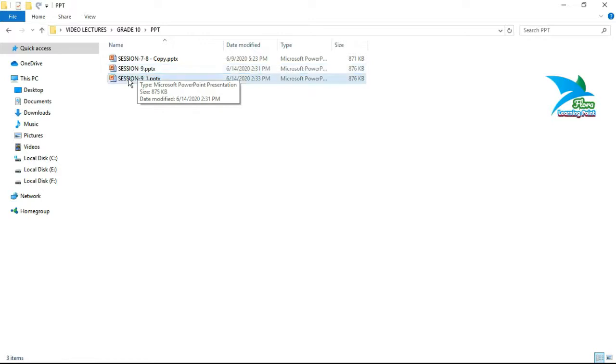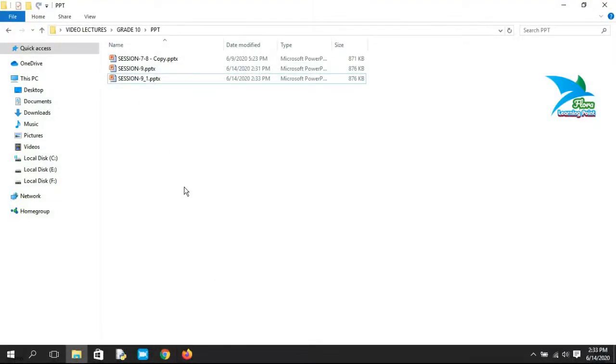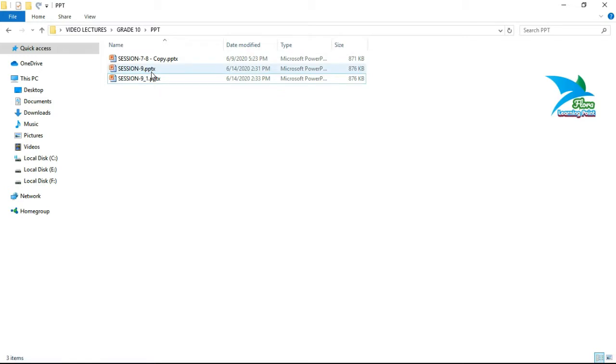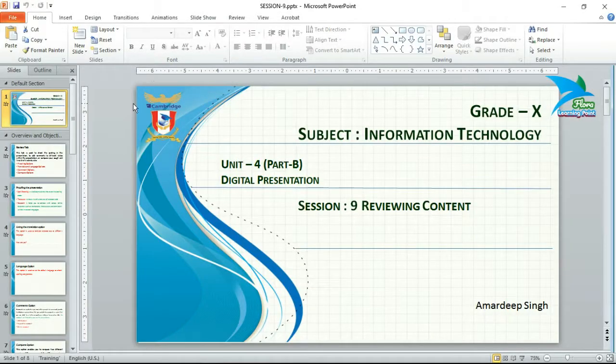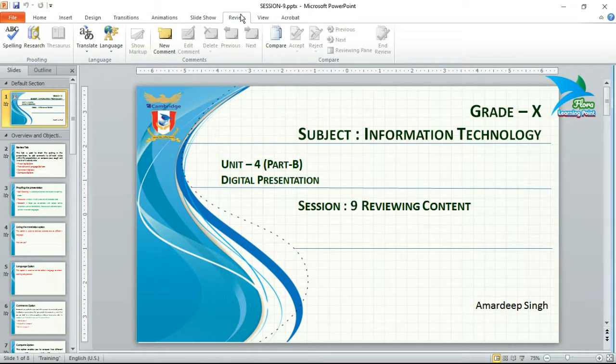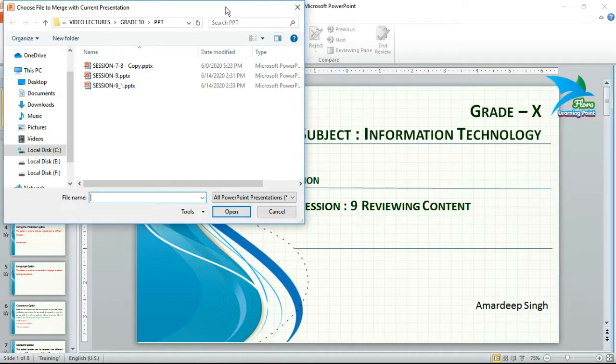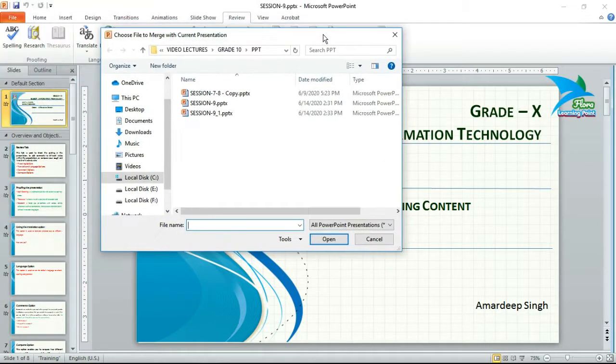Now presently I'm having these two different versions of the same presentation, session 9 and session 9 underscore 1. So first what you have to do, close both of the presentations, then open the first presentation, then click on the Review tab, then click the Compare option under the Compare group.